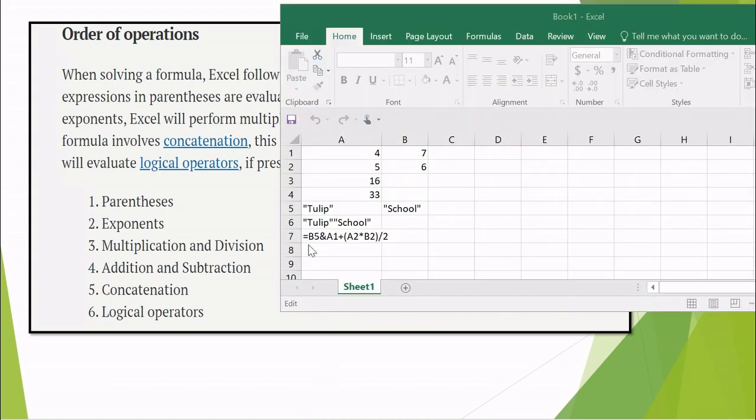So let us see in this formula what we have done. We have concatenated B5 with the rest of the items. Concatenation will happen last. A1 plus the parenthesis will be first. So first A2 will be multiplied by B2, and then division happens before addition, so it will be divided by 2, and then A2 will be added, and then after that concatenation would happen. So the output would be something